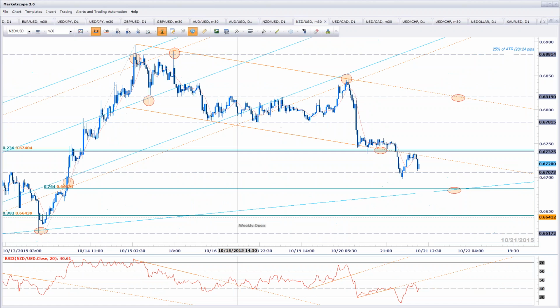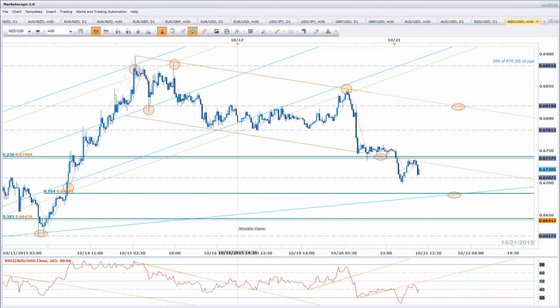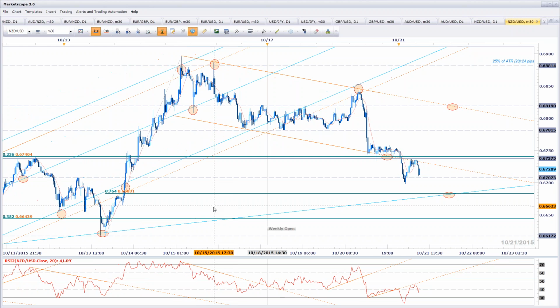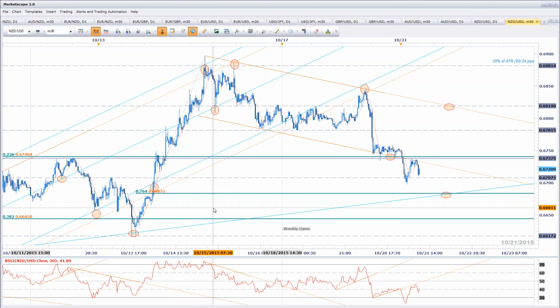Chris is saying, Mike, my levels on the Kiwi dollar at 66.61. We'll go back to the Kiwi here for Chris, saying, I can't seem to duplicate your levels on this setup, but I certainly can see the appeal of calling a bounce from the area. I know this directly contradicts what I said about dollar CAD. So you're looking at 66.61. What are you looking at there as far as support?